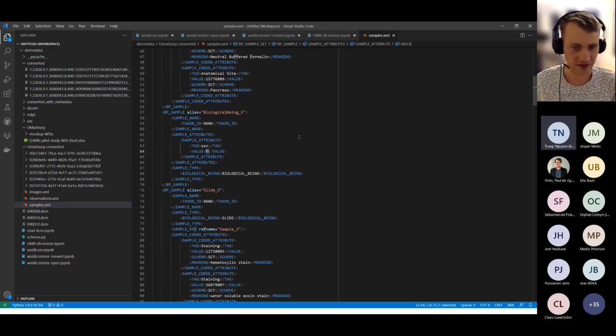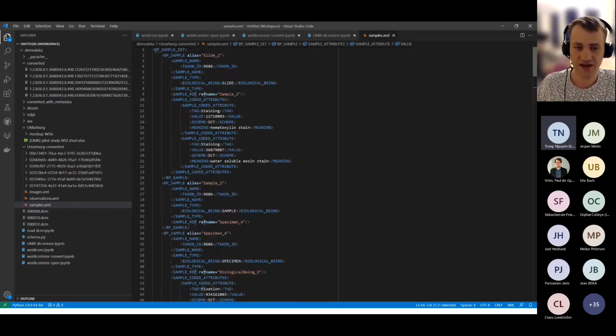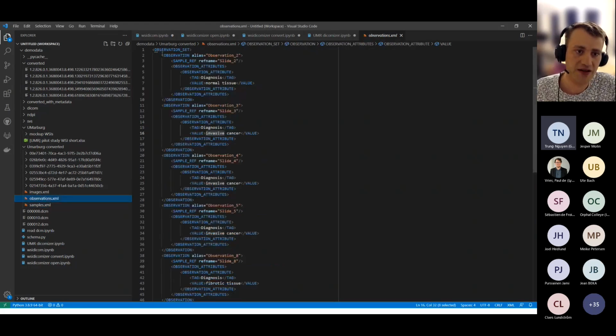So it's the same thing. So this file now represents all the samples that we have in this data set. And observations are just containing diagnoses for each slide. So this references the slide and says that this slide has the diagnosis that is normal tissue or is it invasive cancer, and so